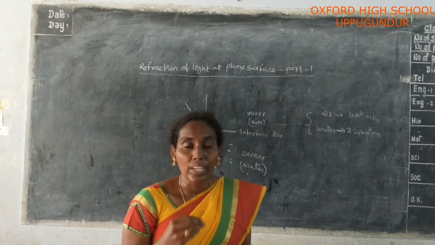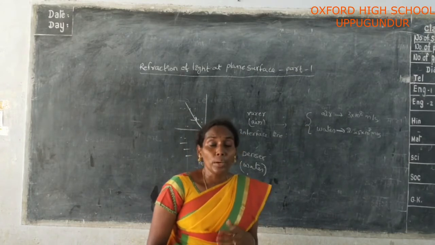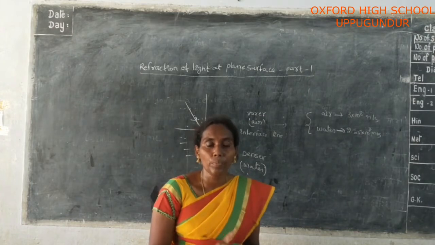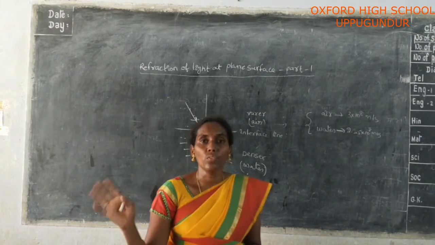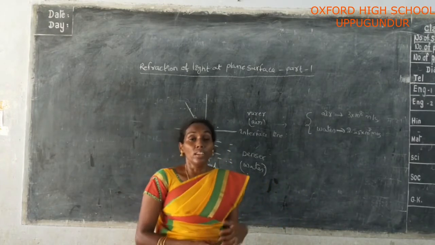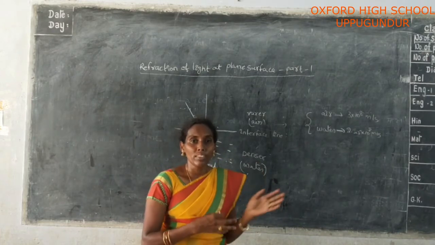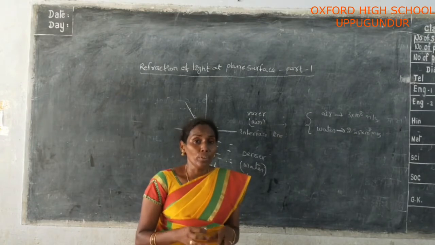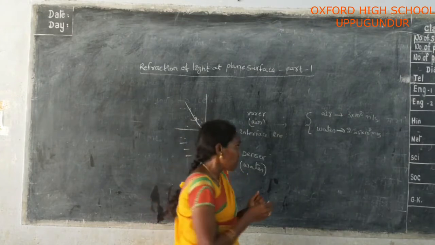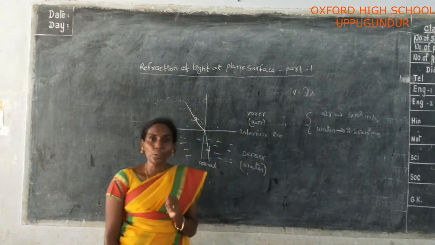What is the reason for the bending of the light ray? The main reason is, when the light ray travels from one medium to another medium, the first change is the change in wavelength. That change in wavelength leads to the change in velocity. The change in velocity is responsible for the deviation of the light ray from its original position. If the wavelength is changed, why is the velocity changed? See that. Here v = νλ.